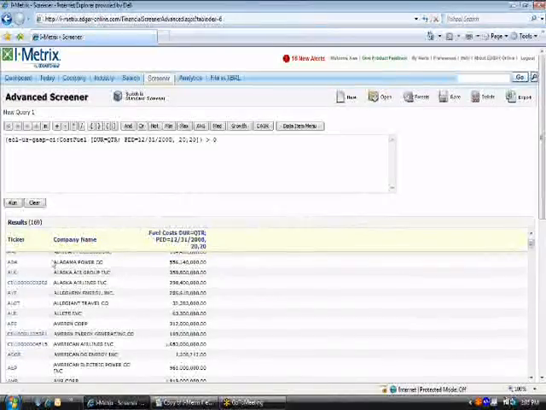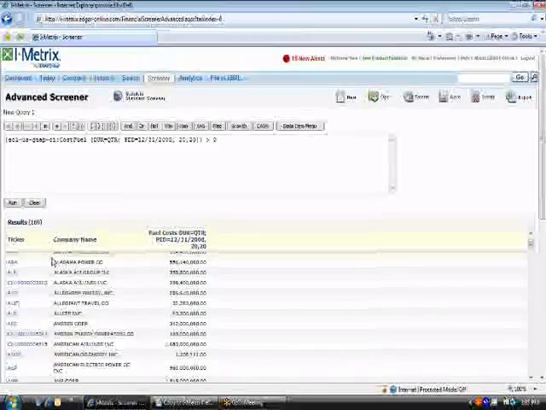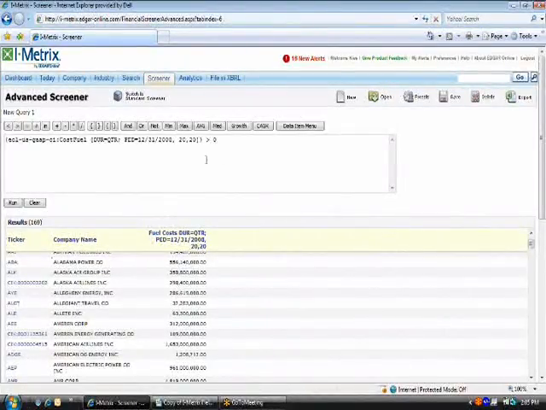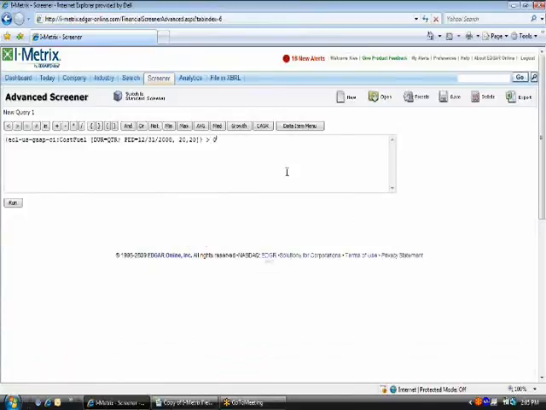If we want to filter these companies out, maybe we want to add a market cap parameter or a close price parameter. In order to do this, we can either use the data item menu, but let's say we're looking for a specific date, a certain close price date. I'm going to type in and encapsulate with a brace, this is the syntax for the close price,